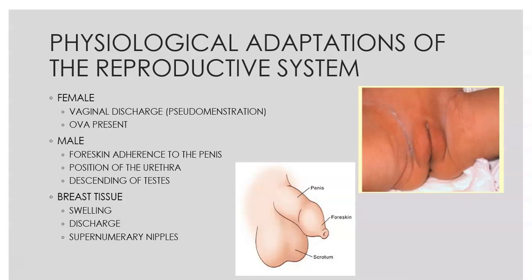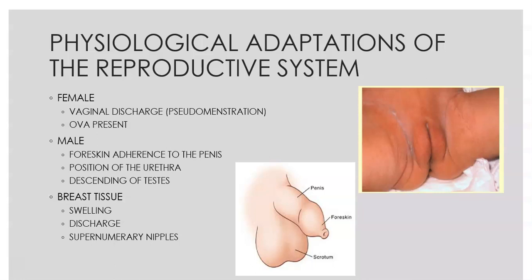They'll look at the position of the urethra. So we'll talk about with peds hypospadias and epispadias, where instead of the urethra coming out on the tip of the penis, it comes out on the top side or the underside, which, depending on the severity, can or may not be concerning. And they'll also check the testicles as well.